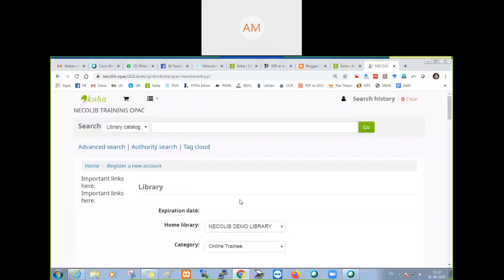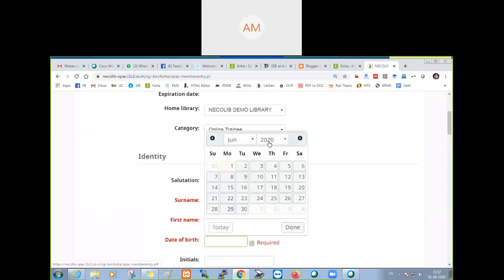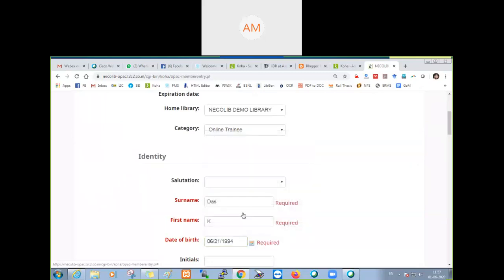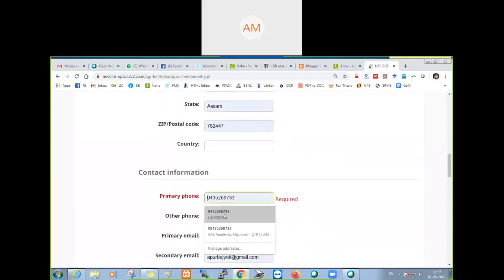I will show what it will say. Date of birth I'll give again, as it is mandatory. I have to provide the data. Primary phone, no problem, can give anything.